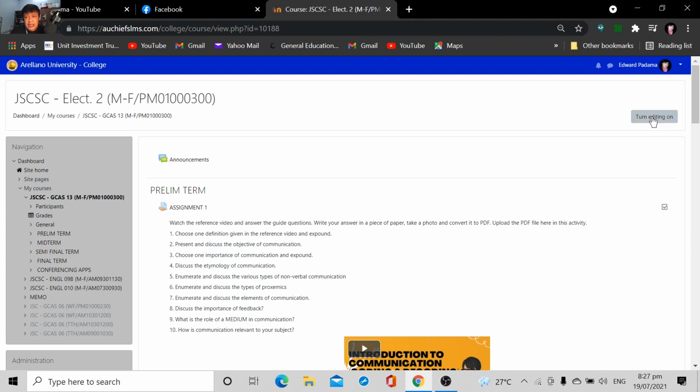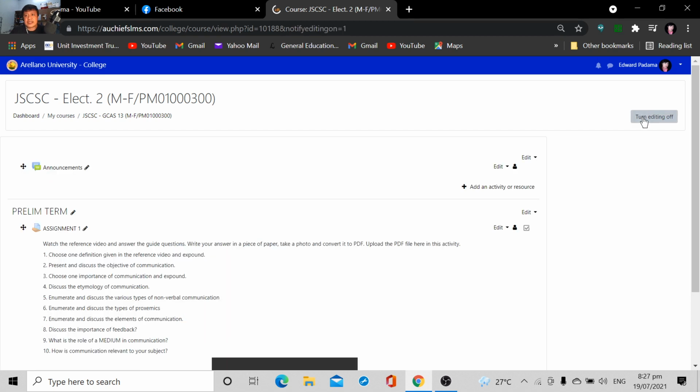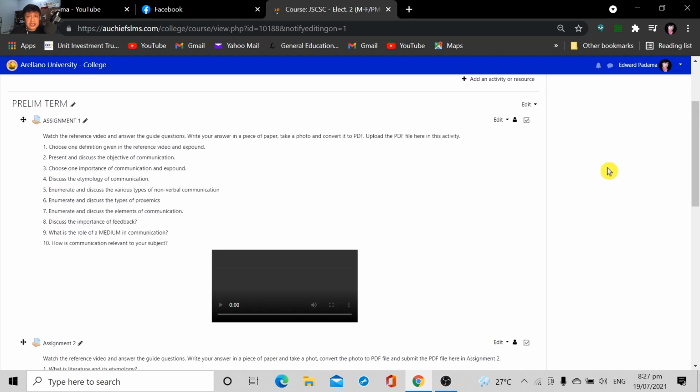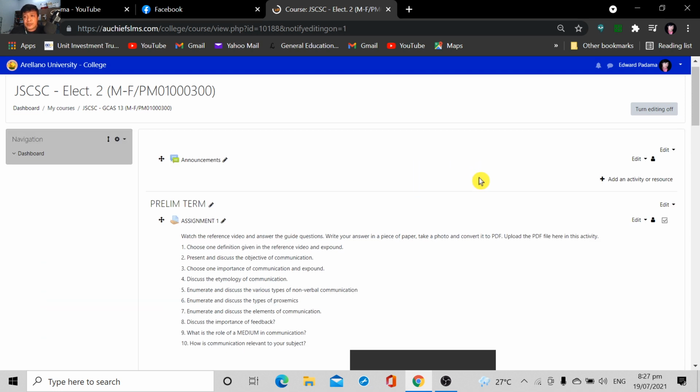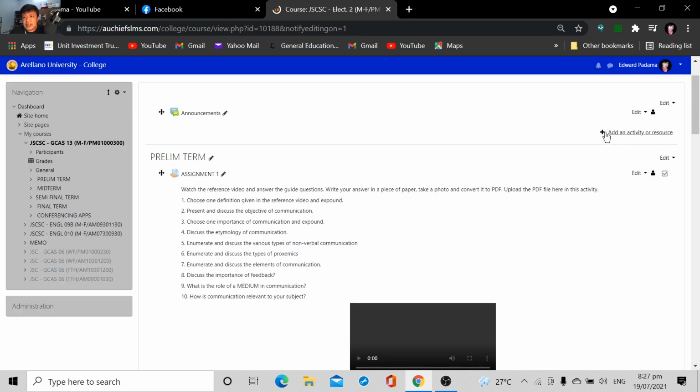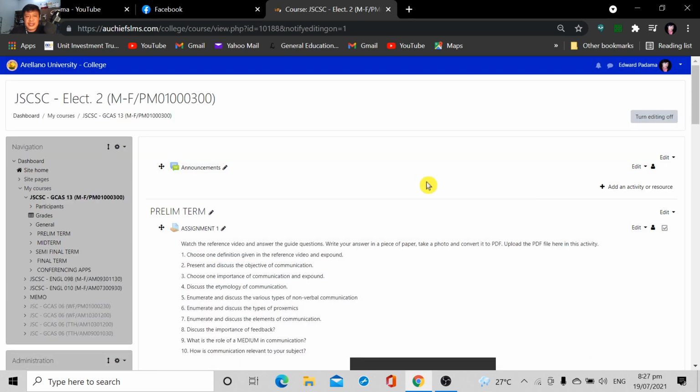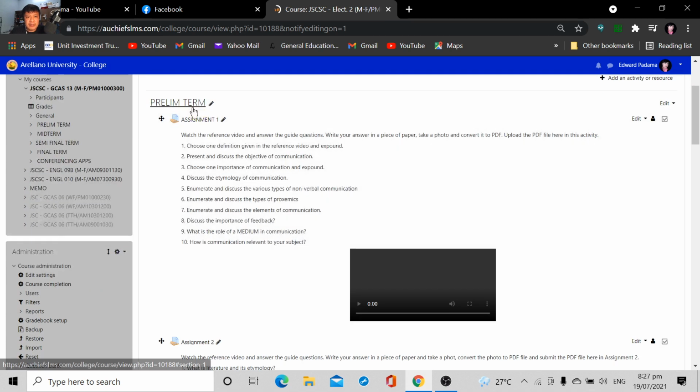Those who are already familiar with it, you have to click this so that you can edit the content of your LMS. Once you've turned it on, you're going to observe that the screen has added these plus symbols, meaning you can already add activities within that particular term. As you can see here, beside the plus sign, add an activity or resource. We are not going to put our quiz within the announcement. We're going to place it here